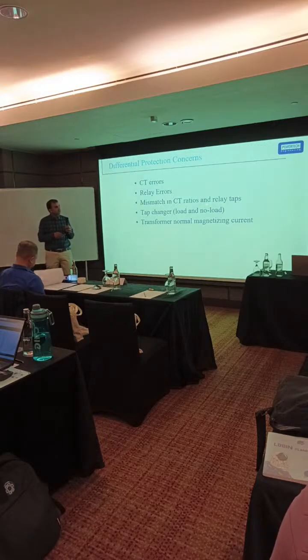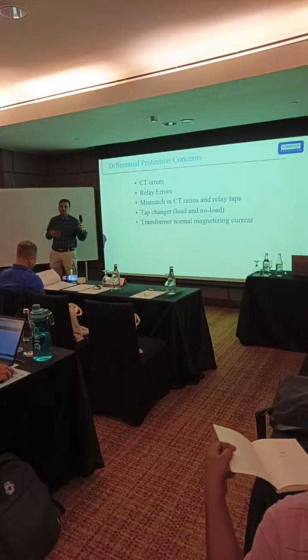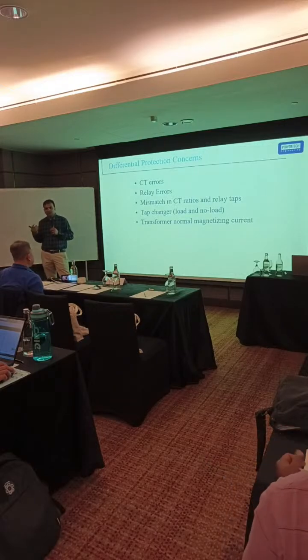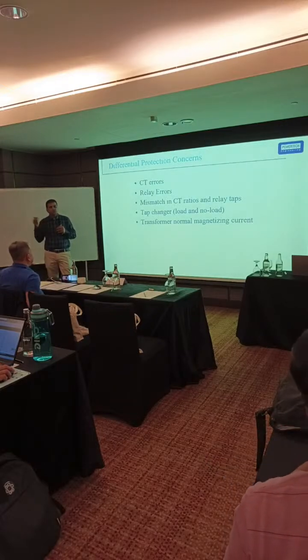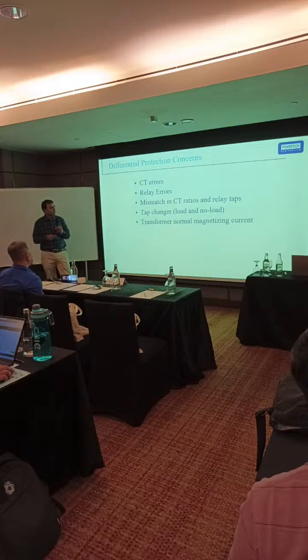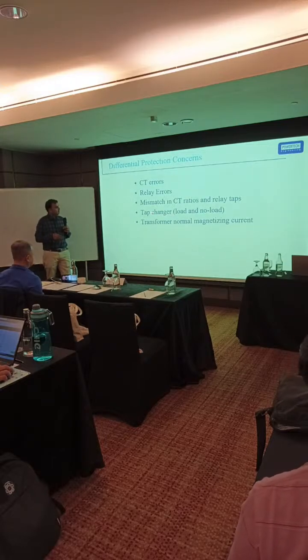Relay taps are for electromechanical relays only. Then mismatch in CT ratio. Suppose we have 600, 1600 CT ratio for different sides. The relay will compensate it through the matching factor, but still there will be some errors. And this is the main cause of